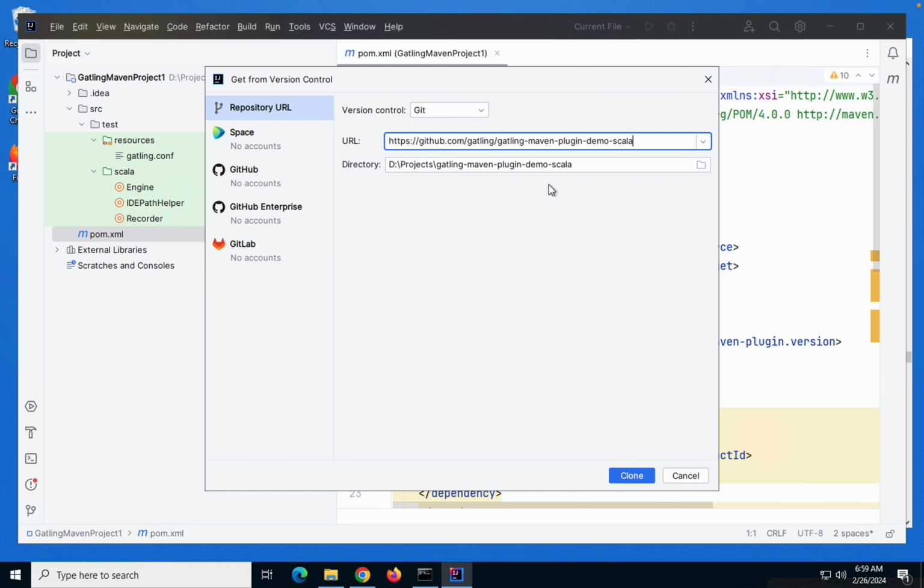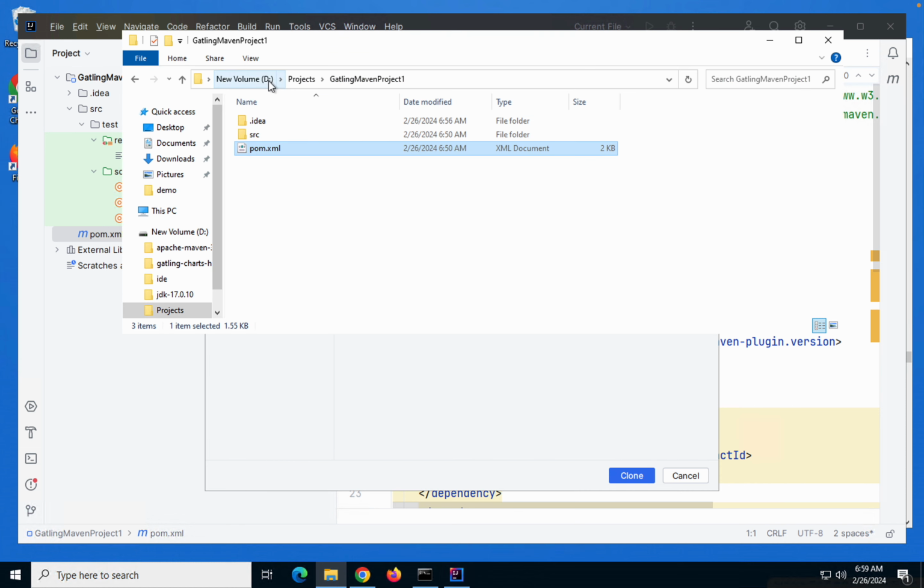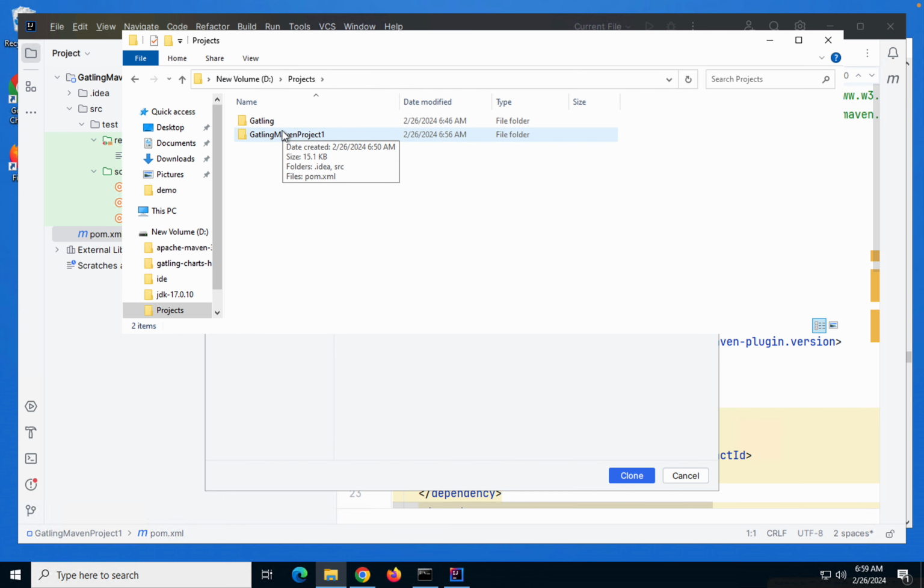I will give the URL here, and then you have to select the local folder where you will store the project. So for this I will go to my D projects, and here I have this project already created. This is an empty folder. Let me use this one. I will call this Gatling demo project. So basically you create an empty folder somewhere, and this is what I will use for cloning. Okay, so I will use this folder